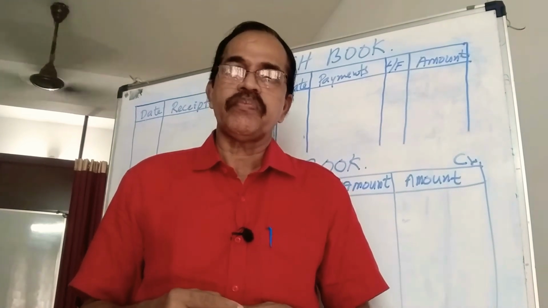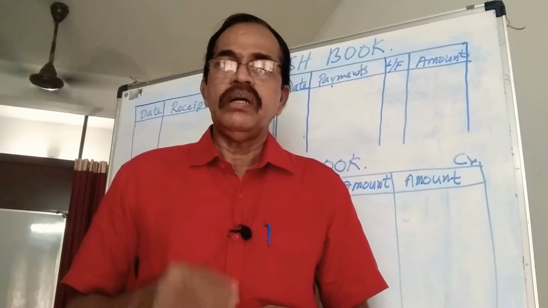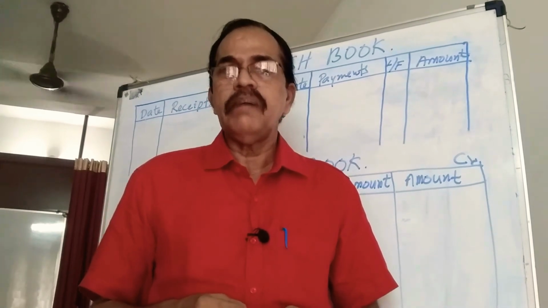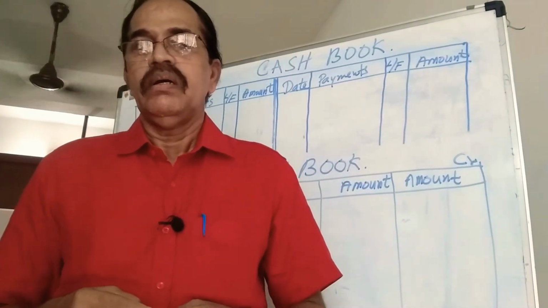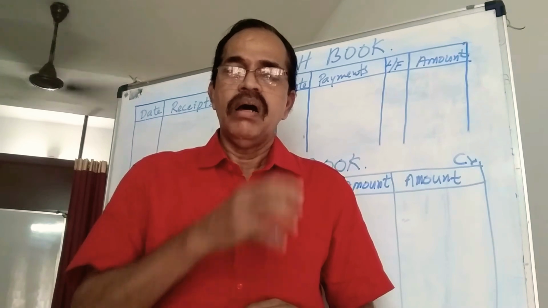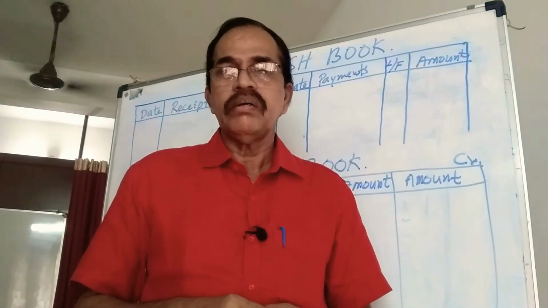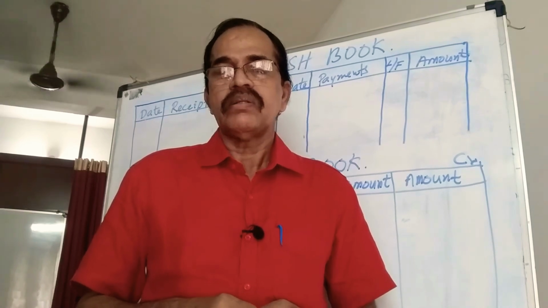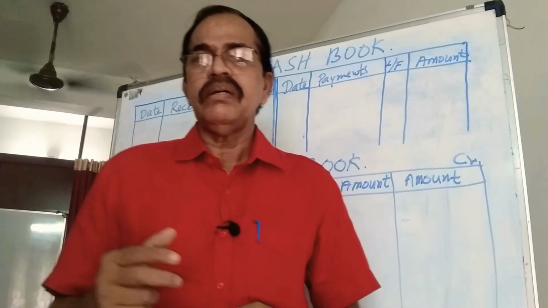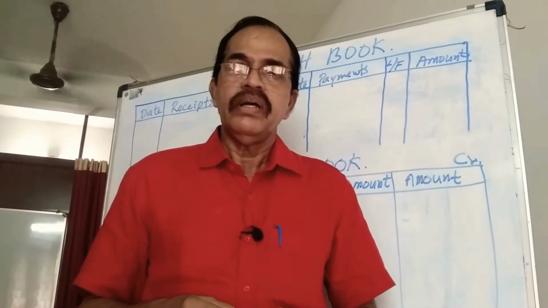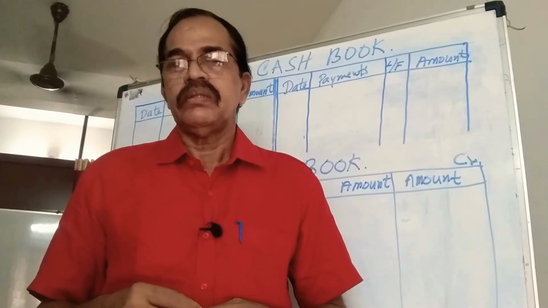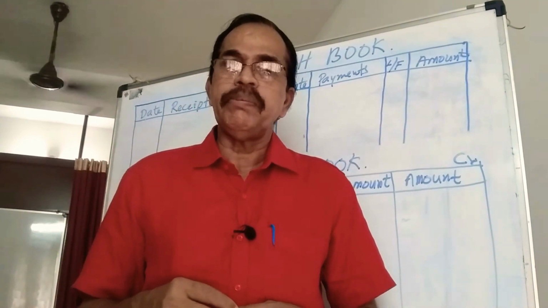So what do they do? They go for a different version of the double entry accounting system, and that is called the day book ledger system. Those transactions which we recorded through 8 subsidiary books are recorded in a single book called the day book. Similarly, instead of the debtors ledger, creditors ledger and general ledger, in the case of a small business concern we have only one ledger. Thus, the accounting becomes cheaper and easier.